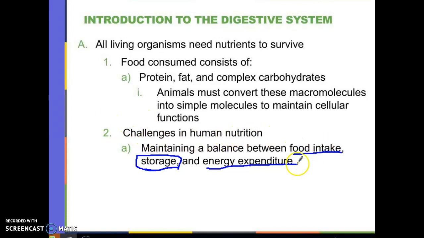Some challenges in human nutrition, and heaven knows I struggle with this: maintaining a balance between food intake and energy expenditure. And if those don't balance out, I'm either reducing my storage or I'm increasing my storage. And I can tell right now, this morning when I looked in the mirror, certainly over Easter weekend, I have increased my storage of some nutrients. And so I know I need to decrease the food intake and increase energy expenditures to burn up more of